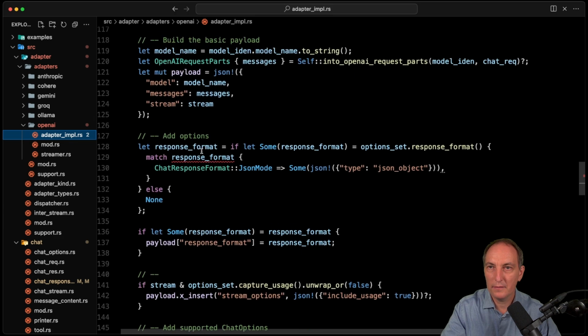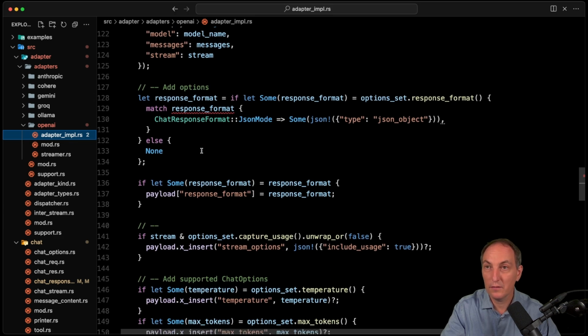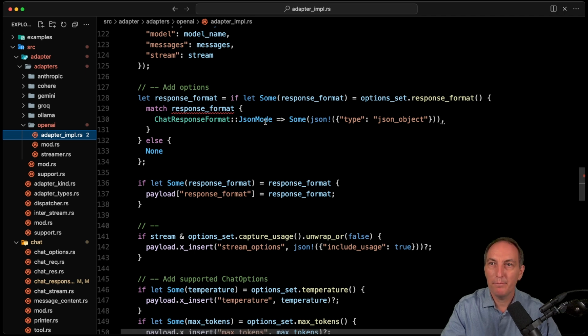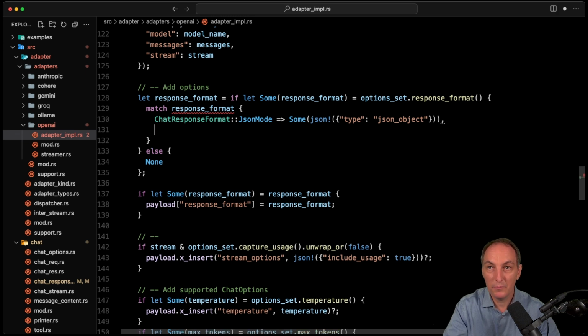And it complains. This is a cool thing with Rust, obviously. It complains here. So if it's JSON mode, we create that. That is correct. But now we need to handle the case where it's not. JSON mode is a structured JSON. So we're going to do the chat, response, format, structured JSON, and then